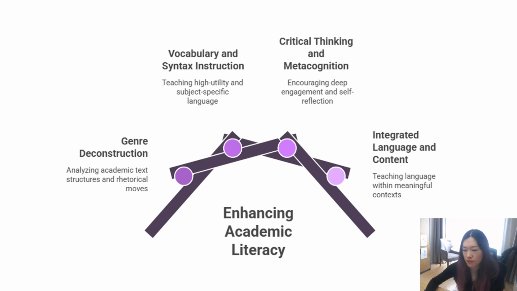That sort of thing. The fourth part is to integrate language and content. Academic literacy is best developed when language is taught in a meaningful context. This is the principle behind approaches like content and language integrated learning, or CBI, content-based instruction. So move away from standalone English courses; we provide more embedded support.